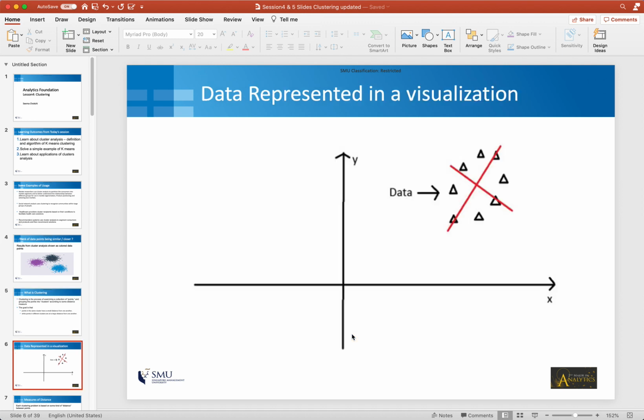Here, this specific visualization is just showing how data points can be mapped or plotted as a visualization. And why is this important? Definitely in this illustration, we are talking about XY coordinates. Hence, we're talking about two-dimensional data. Now, data can be from customers, from students, from passengers, etc.